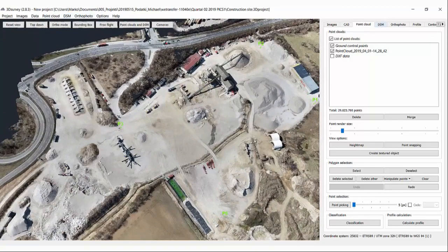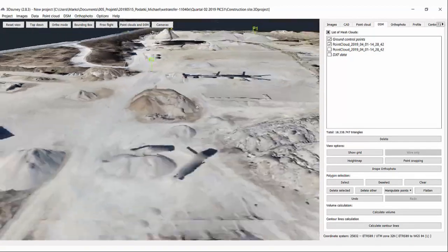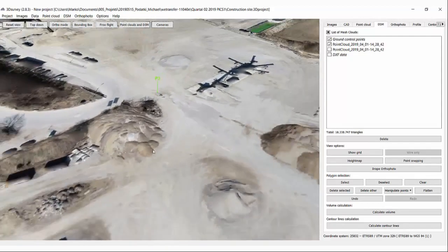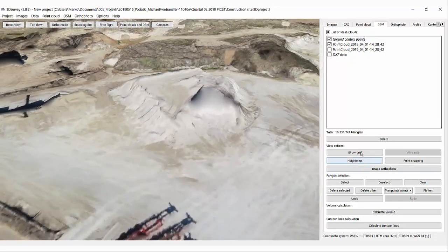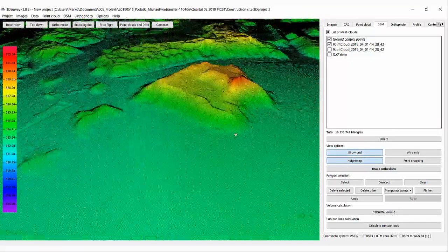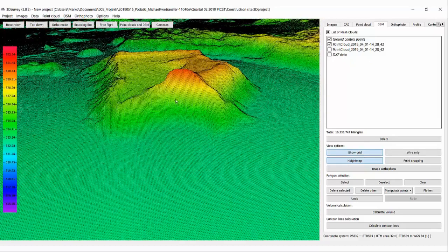Here it is already calculated, and we can see how it looks like. So pretty detailed, everything really nicely described. And let's focus maybe on this part. So we have also different view styles available. If I click hide map and show grid, I can maybe even better see the heights, how it's changing about